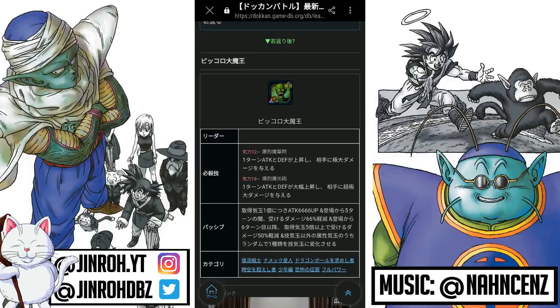So the 12 ki super attack changes to, for 1 turn, raise attack and defense and then cause colossal damage to the enemy. And then for the 18 ki, greatly raises attack and defense for 1 turn and causes mega colossal damage to the enemy. And then for the passive skill, basically for every ki sphere obtained, attack increase of 6,666. And after 5 turns from showing up in battle,